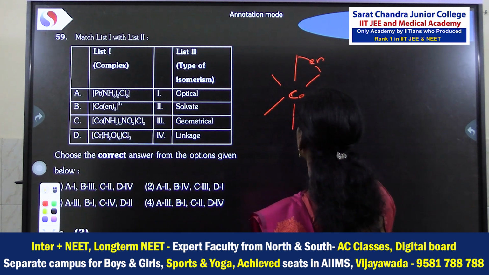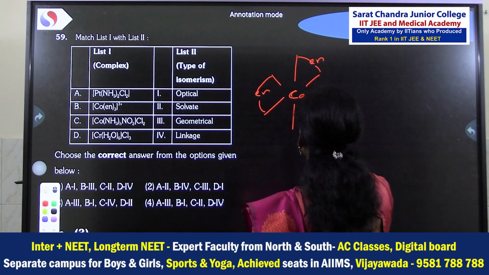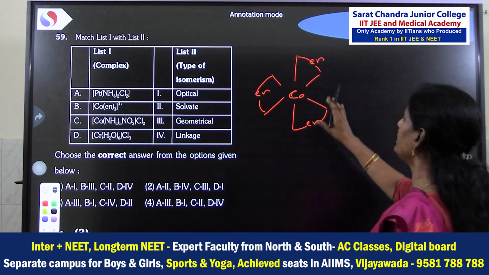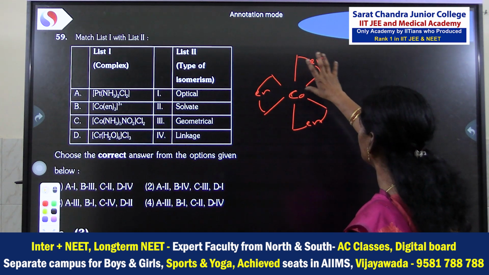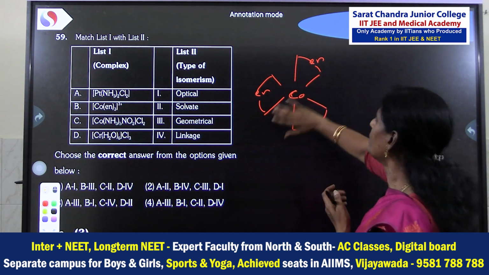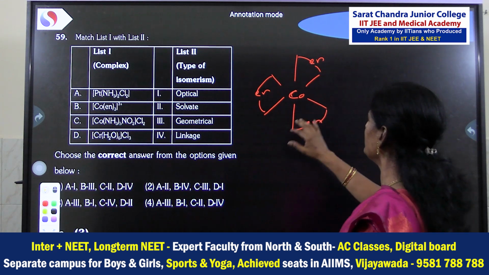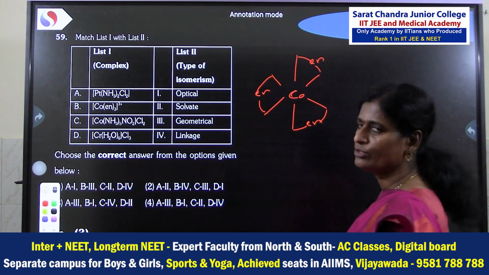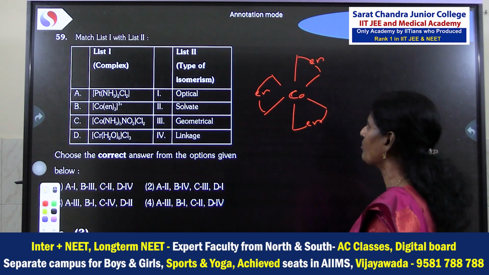This is one bidentate ligand. Any bidentate ligand that is linked through 90 degrees only, but not through 180 degrees. So this complex is only able to exist in one geometrical isomer. No other possibility is there for this complex. So only one GI, only this structure. No other possible structure we are able to write. Therefore, no geometrical isomerism in this complex.